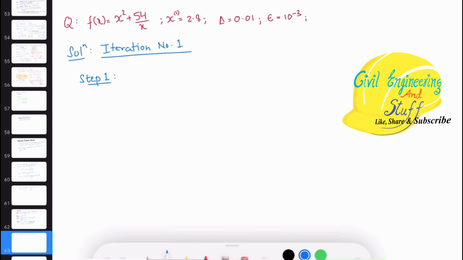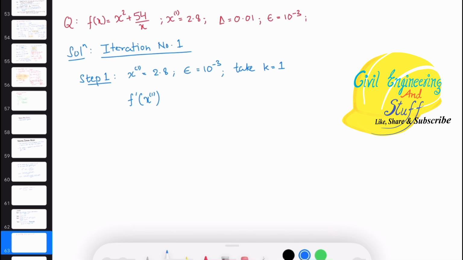So since we are given the value x1 to be 2.8, we are given the smallest value to be 10 to the power minus 3. All right, so take k equal to 1. So we have to find out the first derivative, f dash